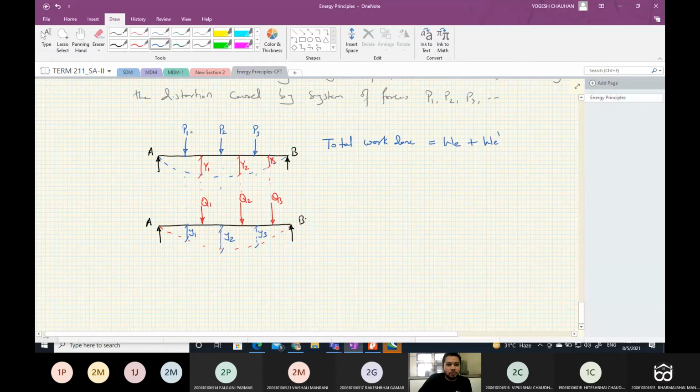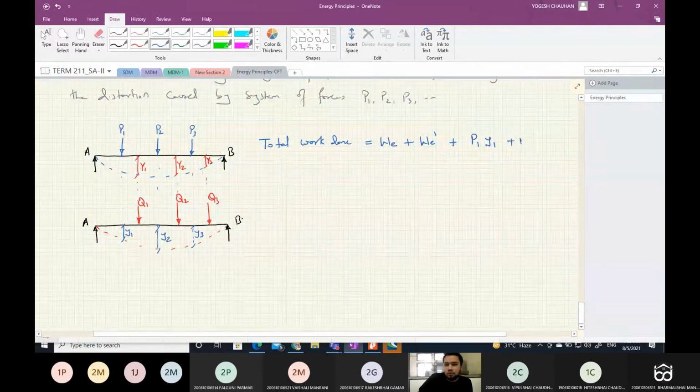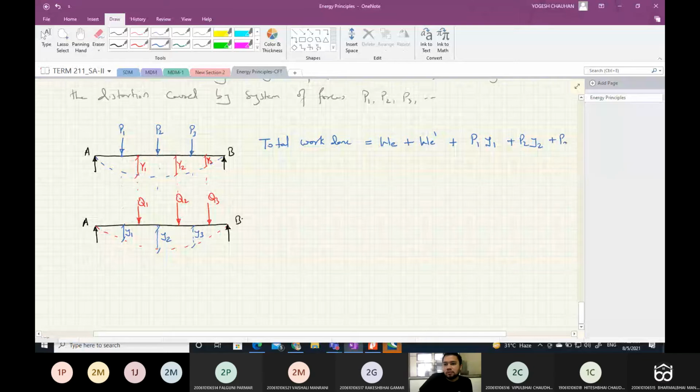So when we apply the system of forces P1, P2, P3, the external work done is WE, and then when we apply the system of forces Q1, Q2, Q3, the external work done, let it be WE dash, plus we'll have P1 Y1 plus P2 Y2 plus P3 Y3,